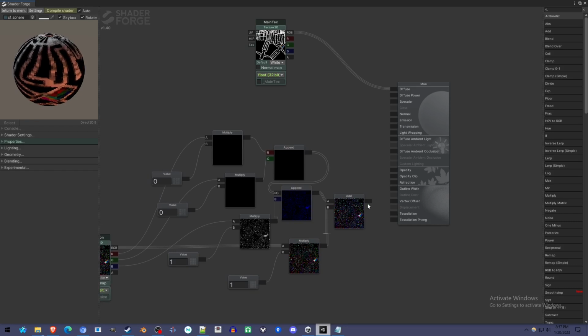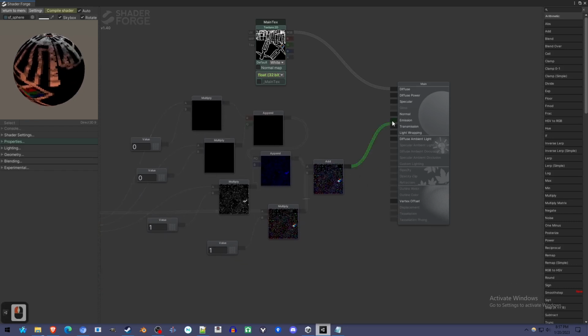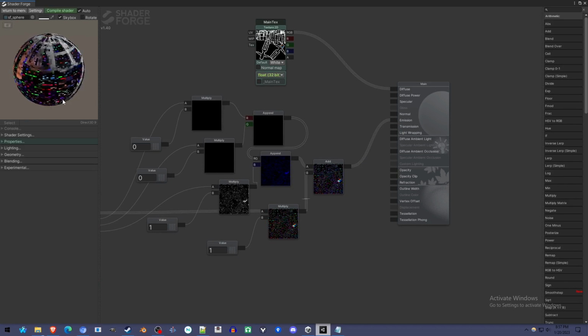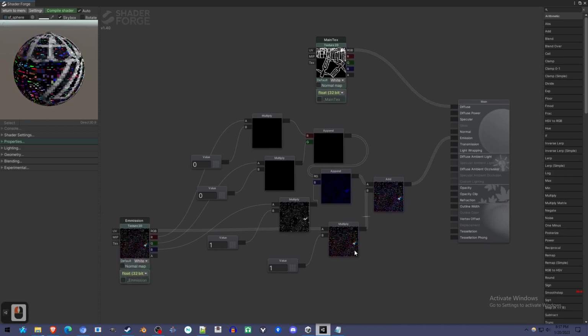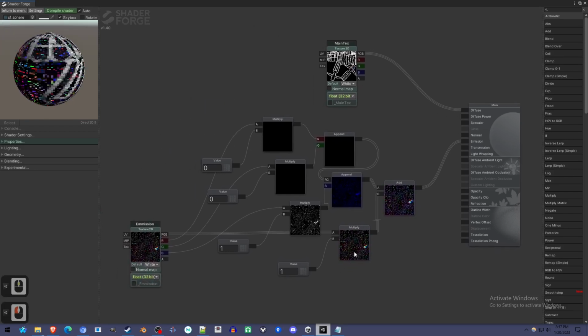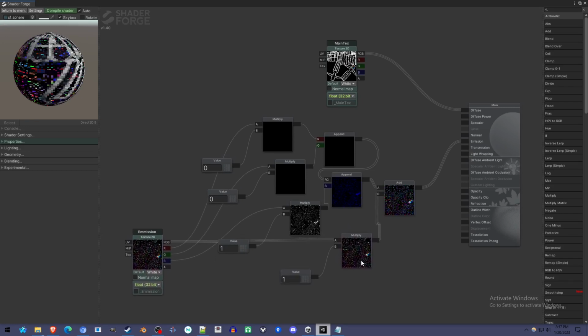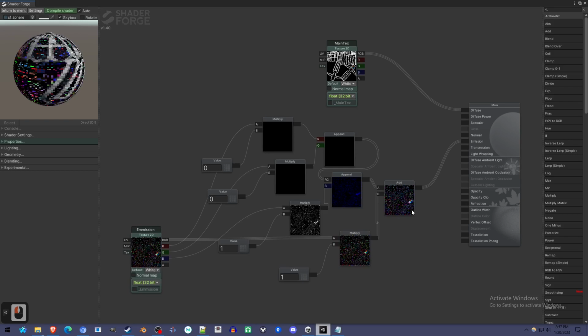Kind of hard to see here, but let's hook up the emission again. And you see, kind of hard to see, but the blue is twice as bright, and that'll affect bloom. That'll have some interesting effects. The bloom will sort of look blue if it ends up right. It depends on the world settings, but let's